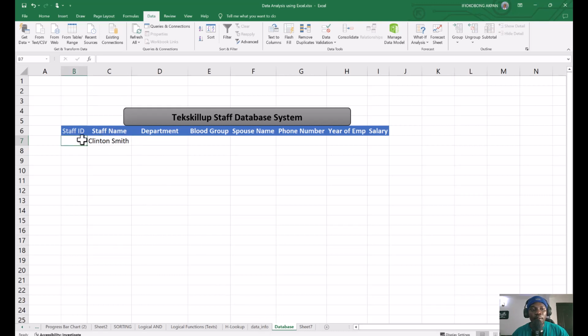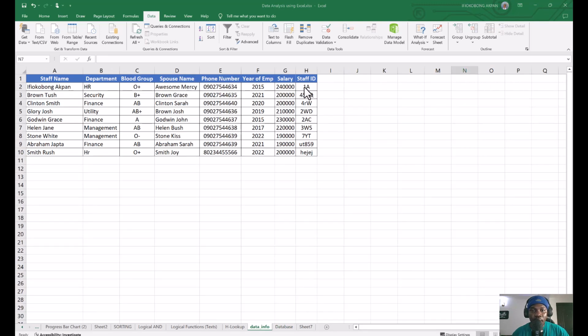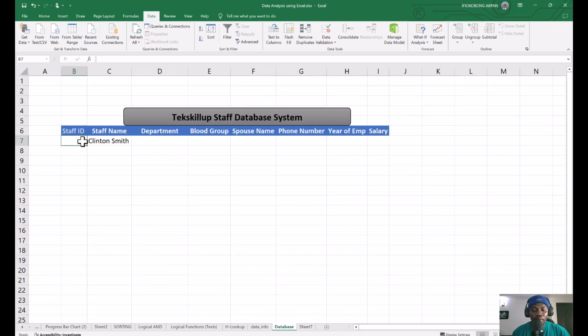So for us to do that, let's first of all work with the staff ID. Find the staff ID here. Looking at the staff ID, we have it on column, let's start from this index. A is 1, 2, 3, 4, 5, 6, 7, 8. So it's 8. And using the VLOOKUP, let's write the VLOOKUP equal to